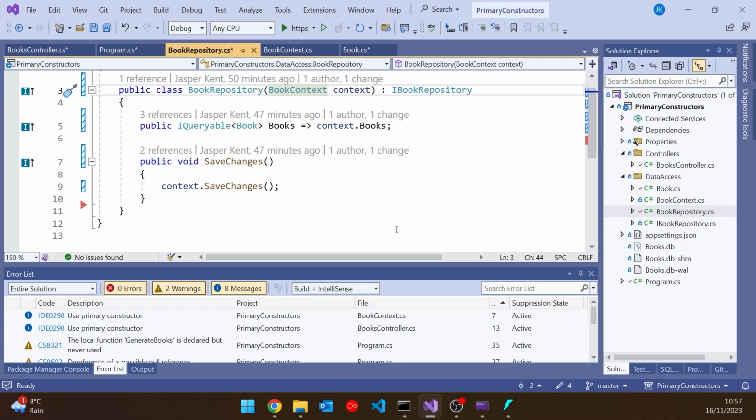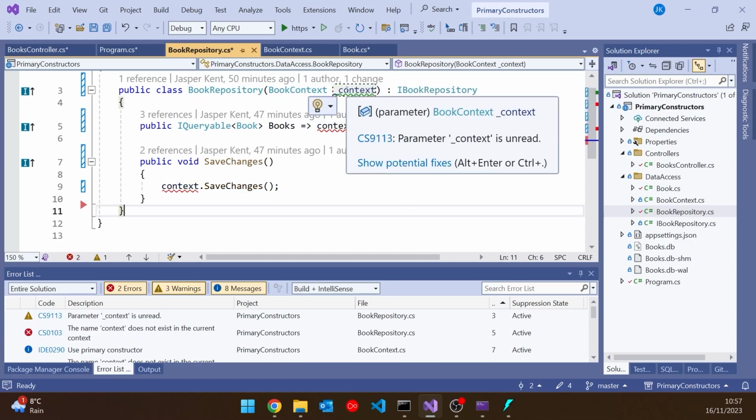We do get one other slight issue there. This is now both a parameter and the name of a field. And depending on what naming conventions you adopt, that might give you a slight conflict in that parameters are always going to be camel-cased, so like we have there for context, whereas fields, personally, I like to precede them with an underscore, but you can't do that because they've got to be the same. And I'd say you certainly don't want to be putting an underscore in there because that is